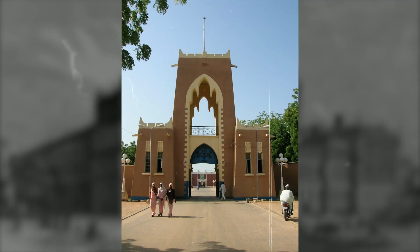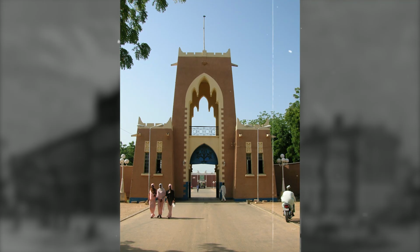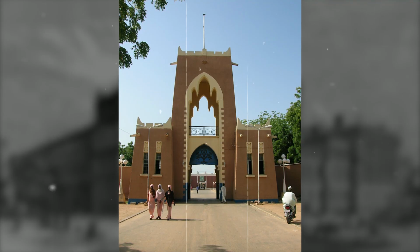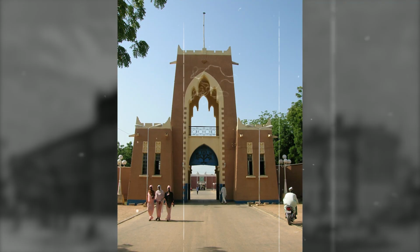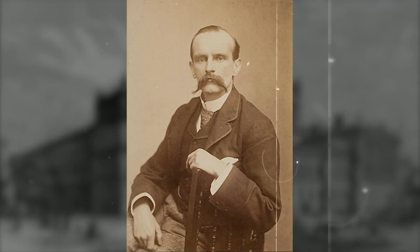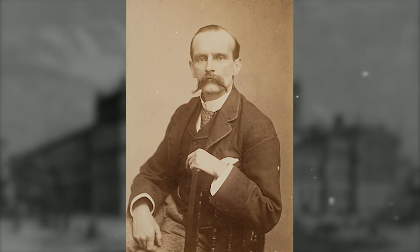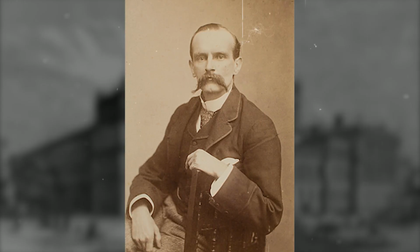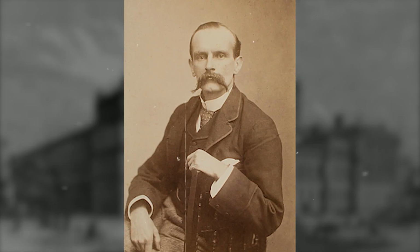The numbers simply did not add up for direct control. So the British built a system that did not require it. The system was called indirect rule. Instead of replacing existing local power structures, the British kept them in place and worked through them. Kings, chiefs, emirs, and sultans retained their titles, their courts, and their daily authority over the populations they had governed before the British arrived. What they lost was control over external affairs, taxation policy,